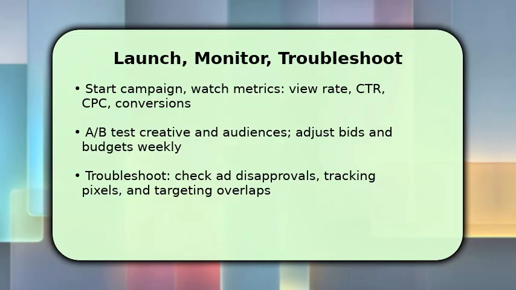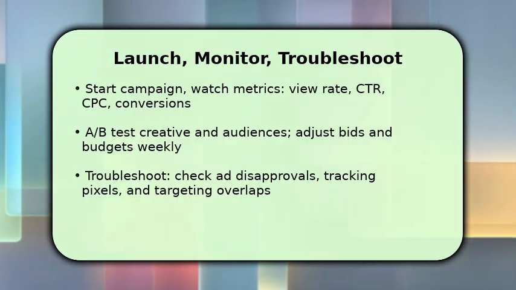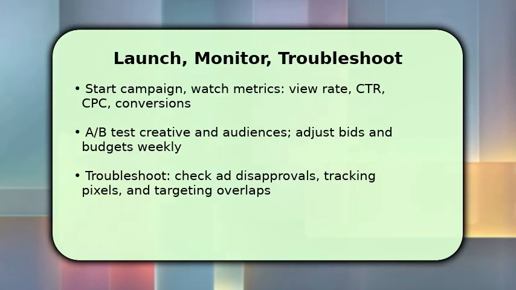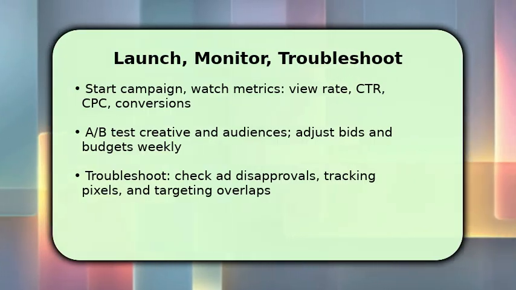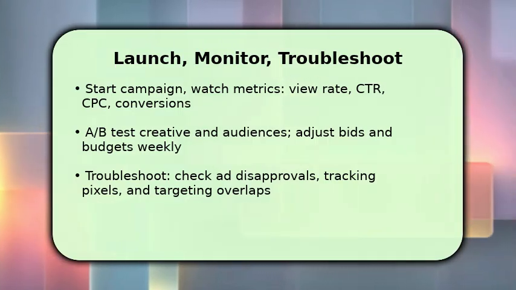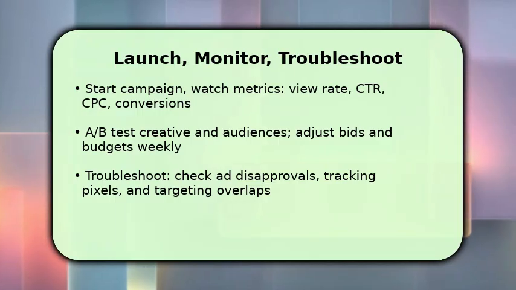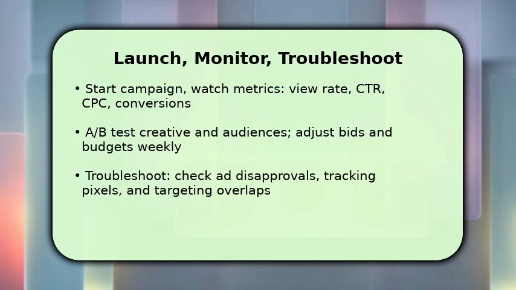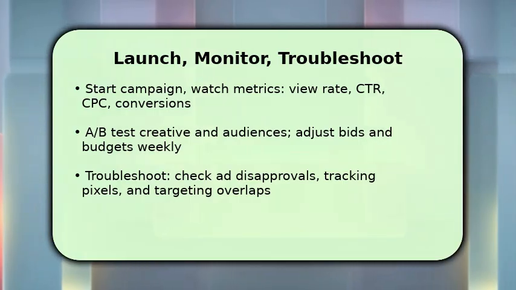creative and targeting. Once running, A/B test different videos and audience segments and rotate winners into higher budgets. This optimizes performance without guesswork. Make incremental bid and placement adjustments weekly rather than drastic changes. If something goes wrong, check ad disapprovals, ensure tracking pixels are firing, and remove overlapping audiences to fix delivery issues